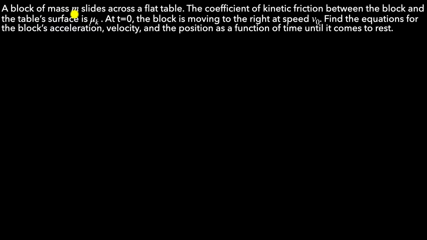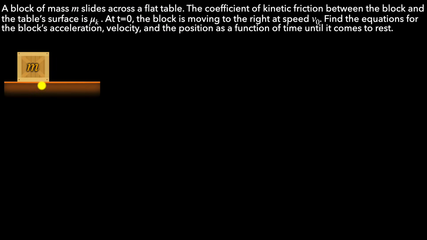A block of mass m slides across a flat table. The coefficient of kinetic friction between the block and the table surface is mu k. And at t equals 0, the block is moving to the right at speed v0. Find the equations for the block's acceleration, velocity, and the position as a function of time until it comes to